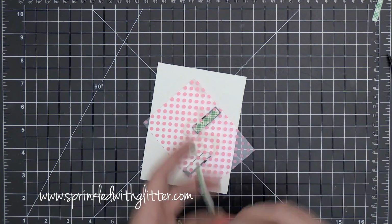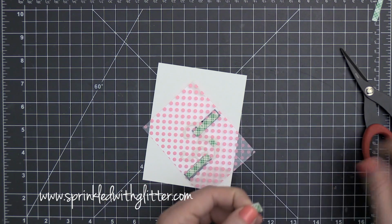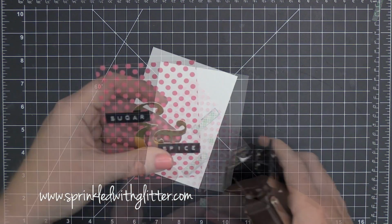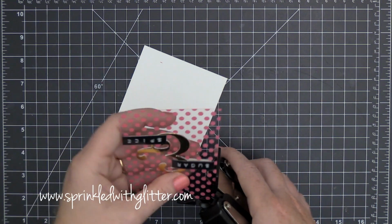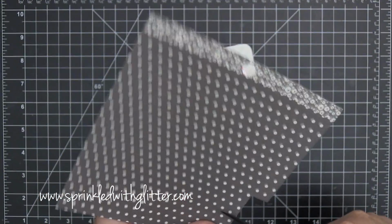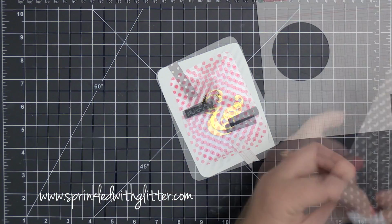Now I'm using those little pieces of Dymo embossing label kind of to hide the foam adhesive that I'm going to use to attach this piece of acetate to my card front as well. And I've also tucked a couple of those foam adhesive pieces behind that ampersand. So they're all going to be disguised, and that's going to be plenty of adhesive to hold this on to my card front. I did round the corners of that acetate using my 3/8 inch We Are Memory Keepers corner